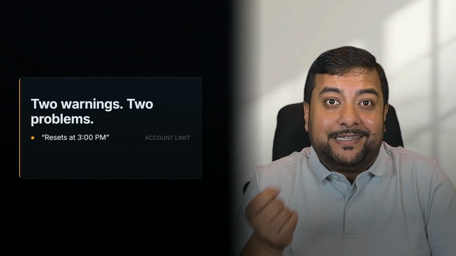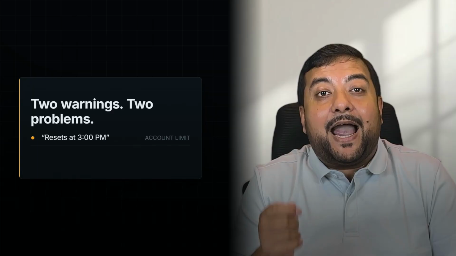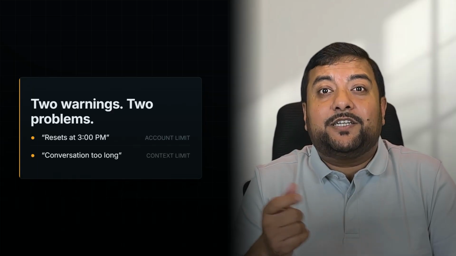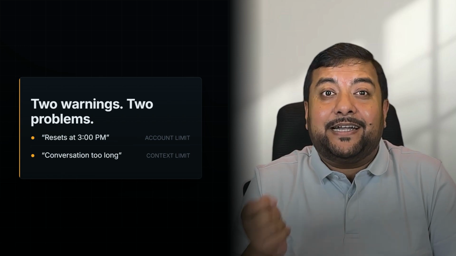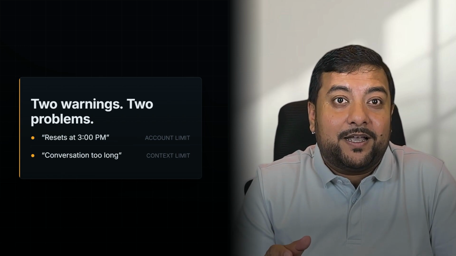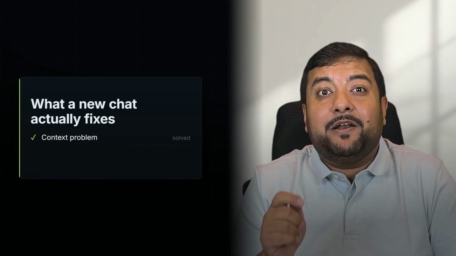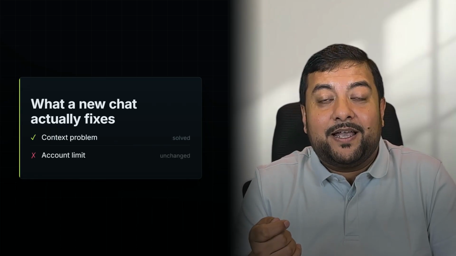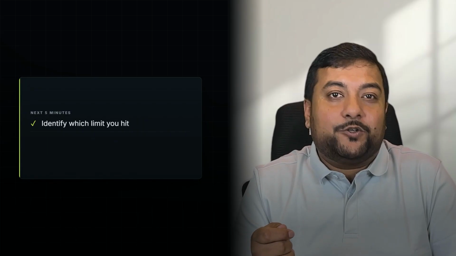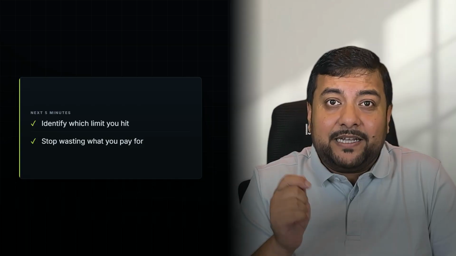If it shows a reset time, it's usually an account or a model limit. And if it says the conversation is too long, it's a context problem. Two different problems and two different solutions. A new chat can help only with the context problem. It will not reset your account limit. In the next 5 minutes, I'll show you how to identify the limit and how to stop wasting the capacity